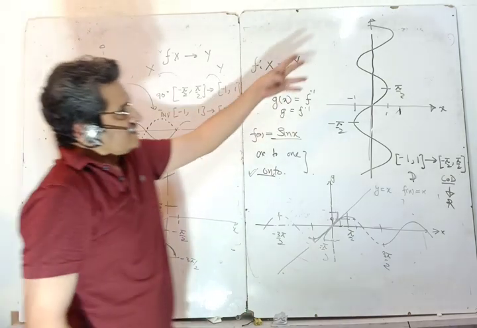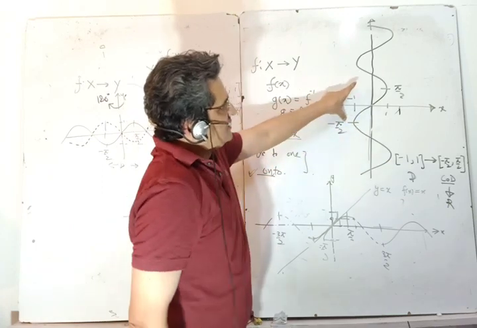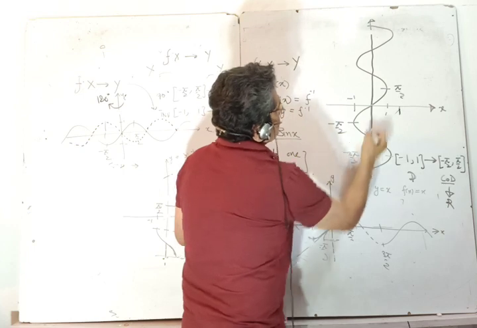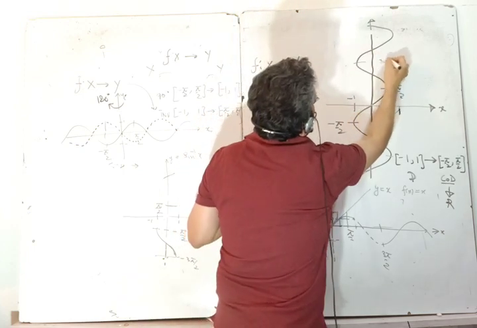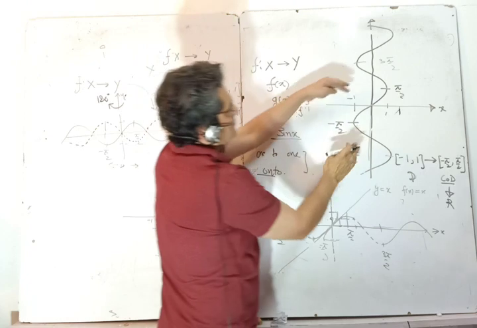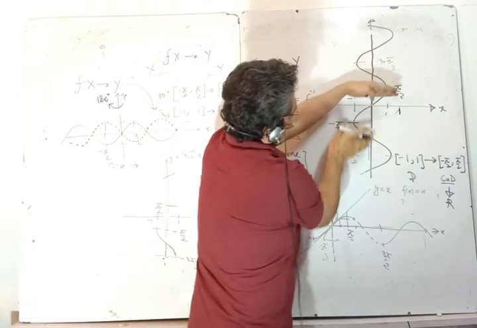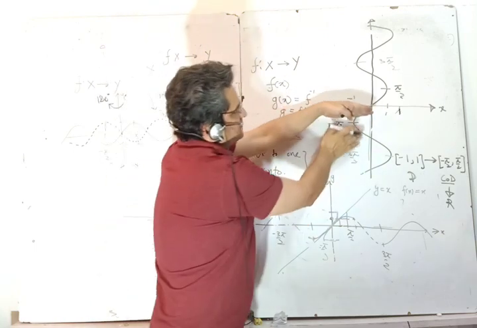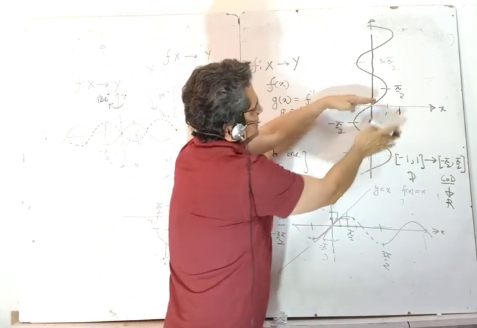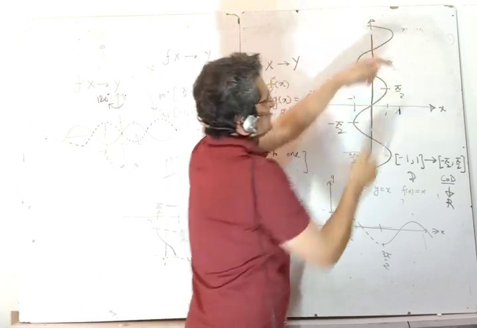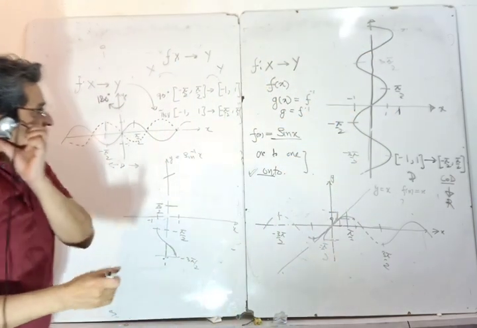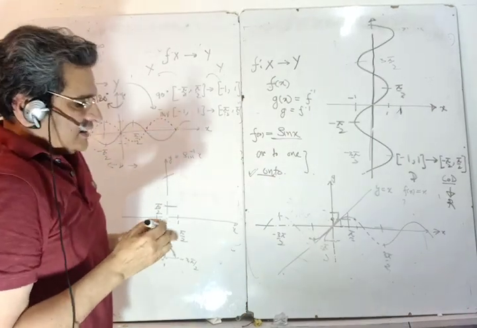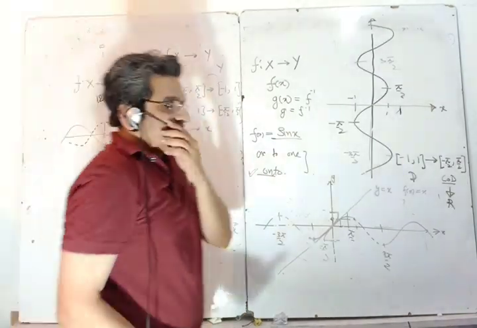So first draw this graph. This is the principal value and these are the other values. Whatever value is required, you can draw in that 3 pi by 2. If it is the principal value, this much is my function. If it is the range preceding the principal value, it is this much. If it is after the principal value, it is this much. So I hope it explains the reason why we have the principal value branch. Had it not been there, I would not have got the inverse function.